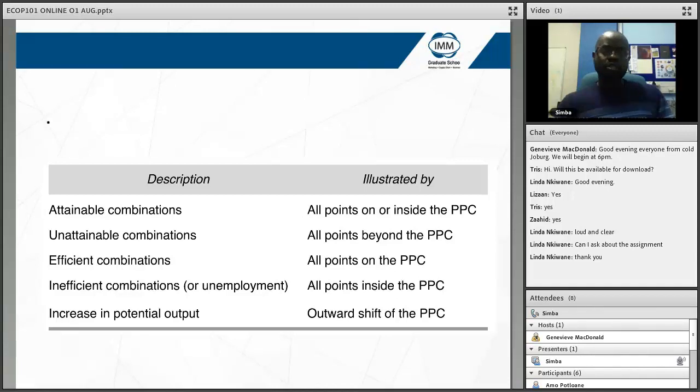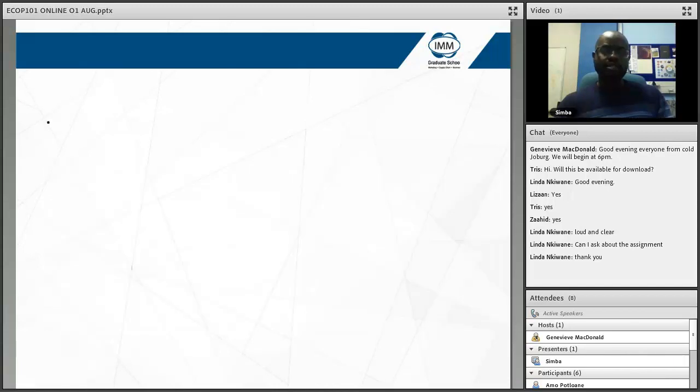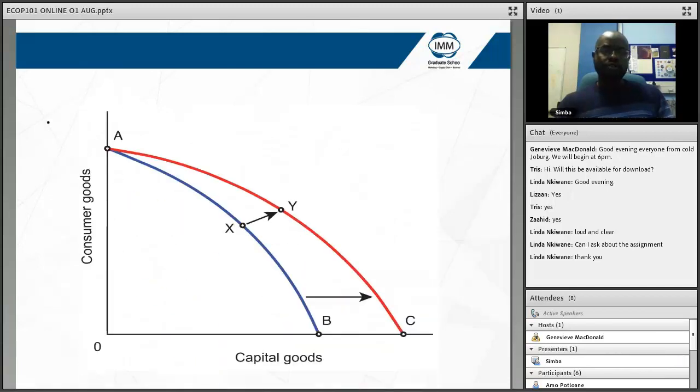Then you can look at potential changes in the PPC. So in the long run, things might change. You can have changes in the PPC in one of the goods, the production of one of the goods increasing or decreasing. If you look at what is currently on the slides, you can see that the production of capital goods is increasing whilst the production of consumer goods remains the same. The reasons could be we have discovered new resources that are suited for the production of capital goods, or workers could become more skilled in the production of capital goods,